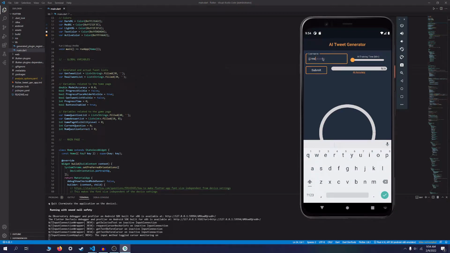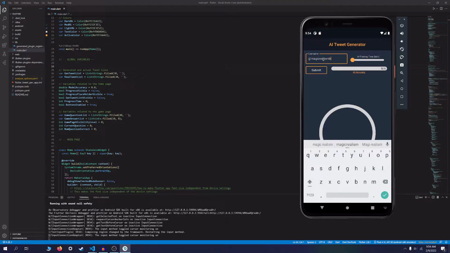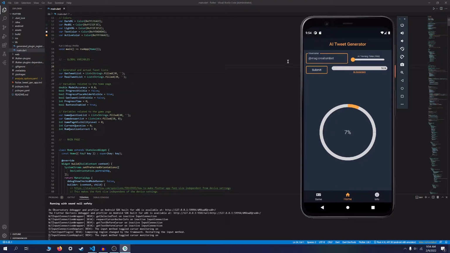So you enter any Twitter username you want here, and then you set a training time, like the amount of time for the AI to train in minutes. You click submit, and it begins training an AI off of the tweets of this user to generate fake tweets. Okay, so it's now almost done training, and it's going to start generating tweets from the AI that it trained. And then when this finishes,